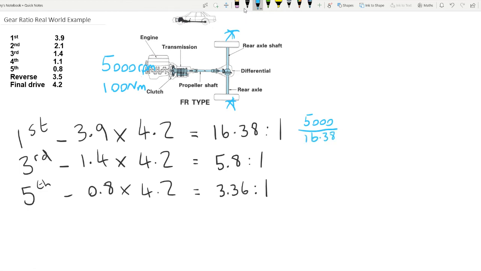So this is a good habit to get into, writing down your working. You probably got that all through school, but it does help. If you get a weird number at the end and think that doesn't look right, it probably isn't. So you can go back and find out why you got that wrong. So that'll give us a speed at the wheels of 305 RPM. This one is 5,000 divided by 5.8, and that will give us a speed at the wheels of